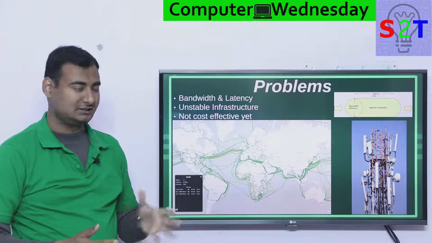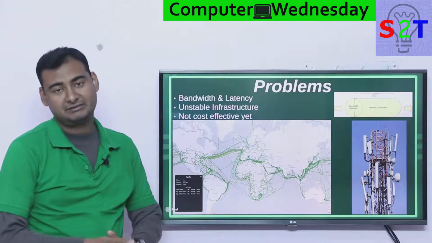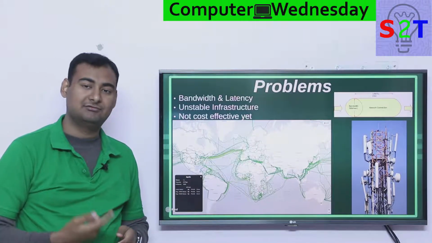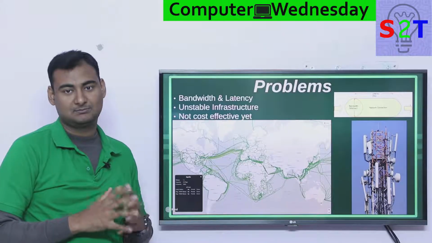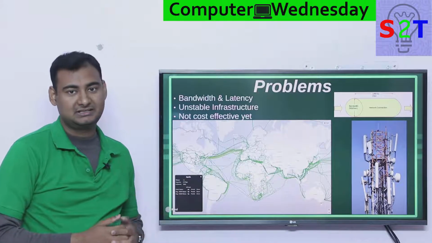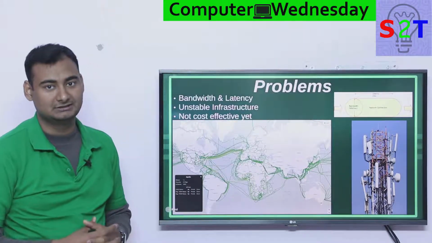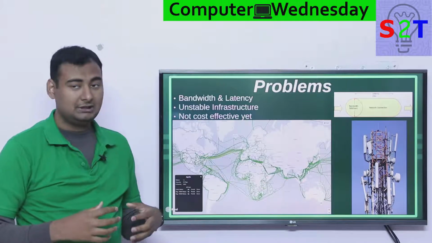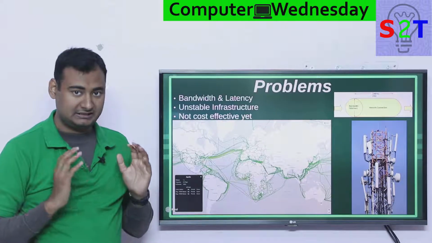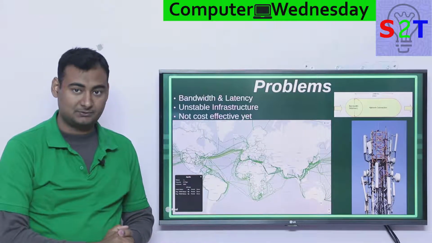Now, even if, let's say, we figured these things out, the final problem would be, it's not cost effective yet. Like I told you, India used to have one optical fiber cable, now it has multiple. And as you can see, this cable used to be in the 1990s, there were barely 10, now there are 100. So more cables equals more bandwidth. So once the cost goes down low enough, then only this will become cost effective, because I told you the bottleneck is basically your internet service provider.